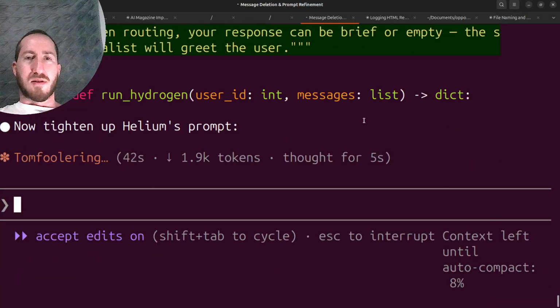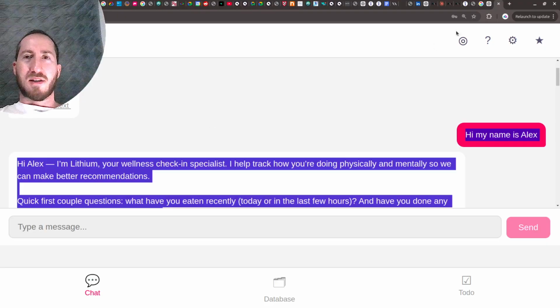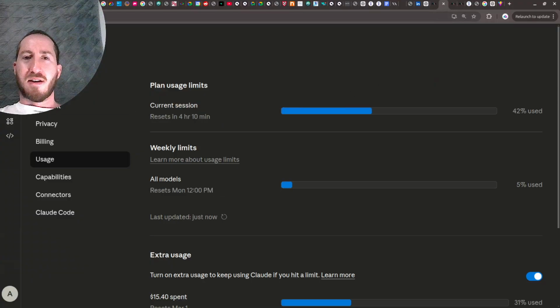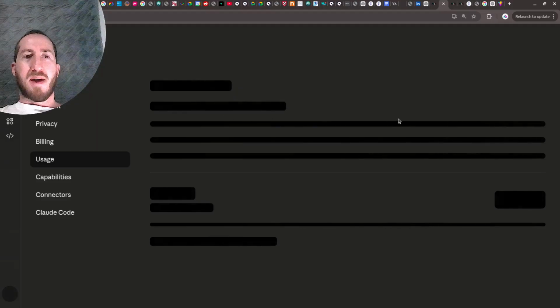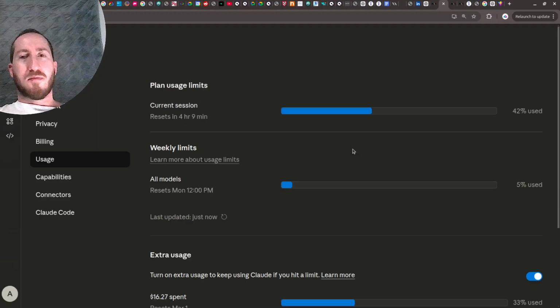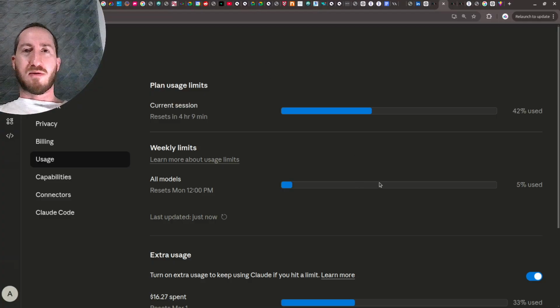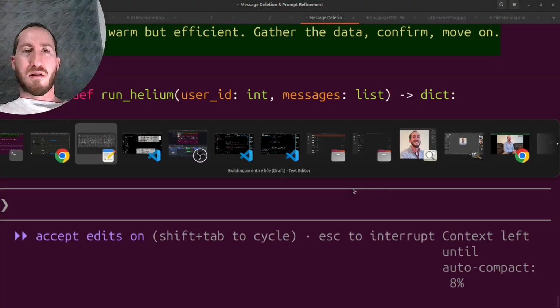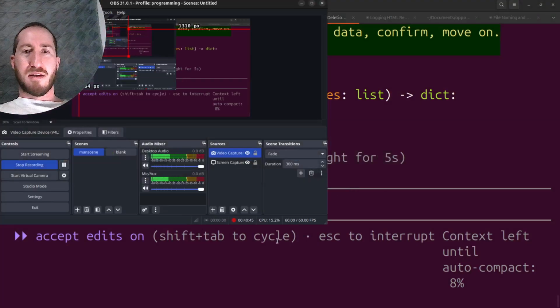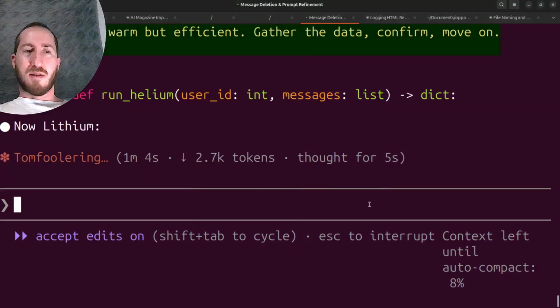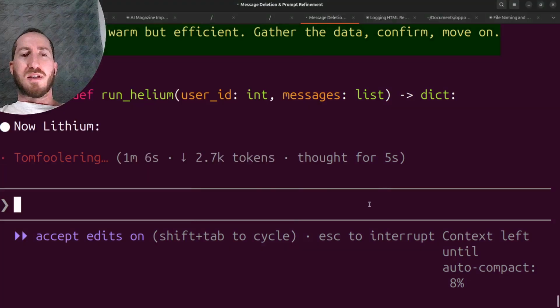So we are getting closer. How much context have we used for our session today? 42%. So, not bad. It took a lot to build the whole front end and the whole system. That quickly used up 100%. But here we are at 40 minutes, and maybe we'll end early today